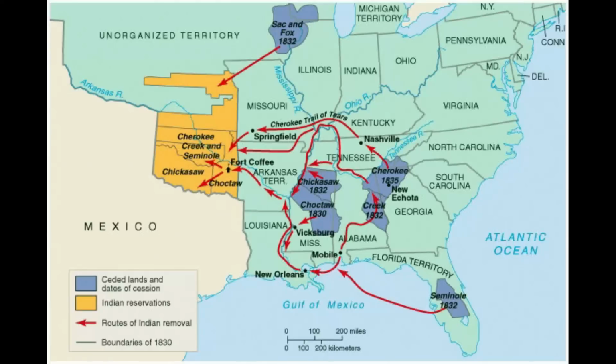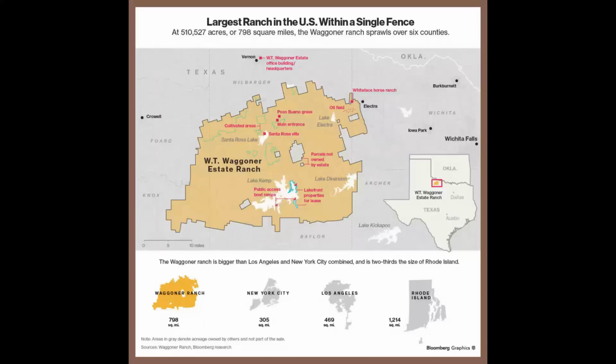In 1831, tens of thousands of Choctaw walked the 500-mile or 800-kilometer journey to Indian Territory, and many died. Like the Creek, Cherokee, Chickasaw, and Seminole who followed them, the Choctaw attempted to resurrect their traditional lifestyle and government in their new homeland. Then, starting in the 1850s, settlers arrived in the area to form cattle ranches, like the